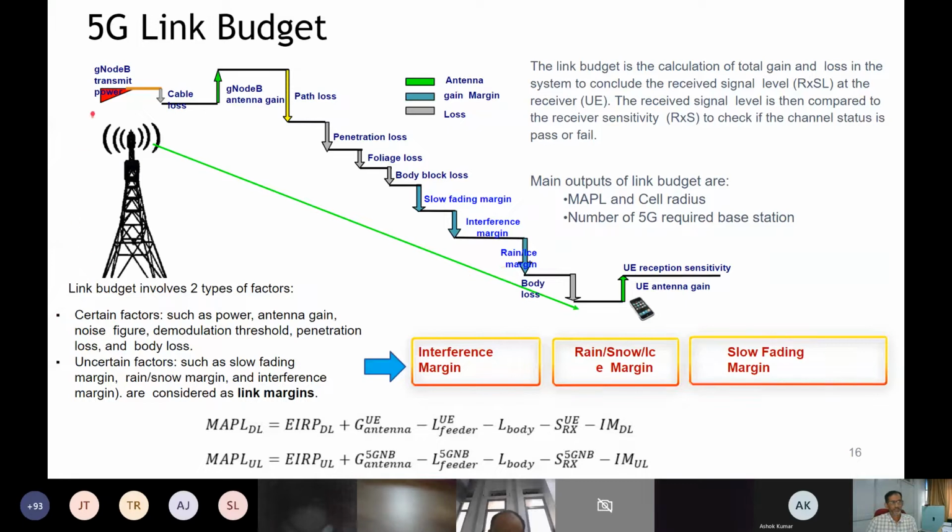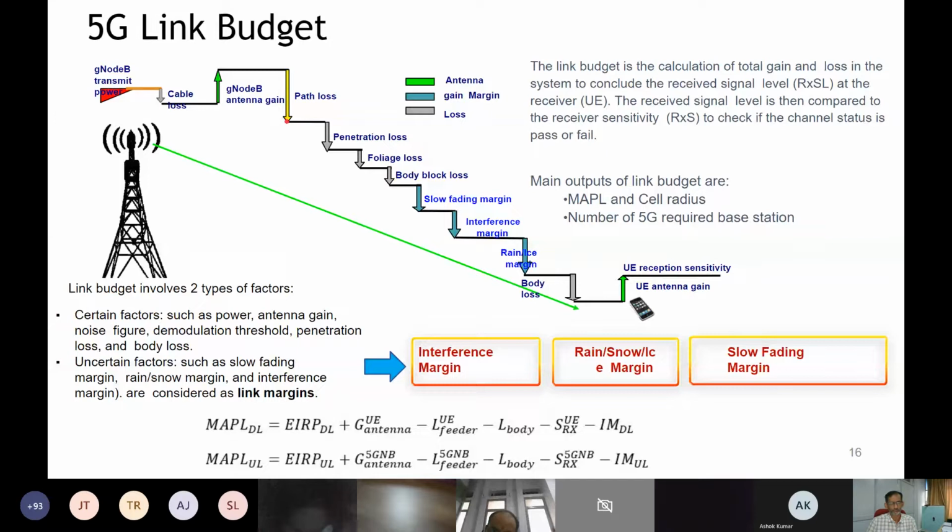So basically, a link budget is, you are transmitting at a particular EIRP. Then at the end, you have got a feeder cable loss. So this is the BTS where you transmit. Then you suffer some cable loss. Earlier, you used to have a feeder cable right from the top of the tower to the bottom. Nowadays, you have collocated equipment, so you may not have this much. Then you have got antenna gain, and that means a directive gain basically.